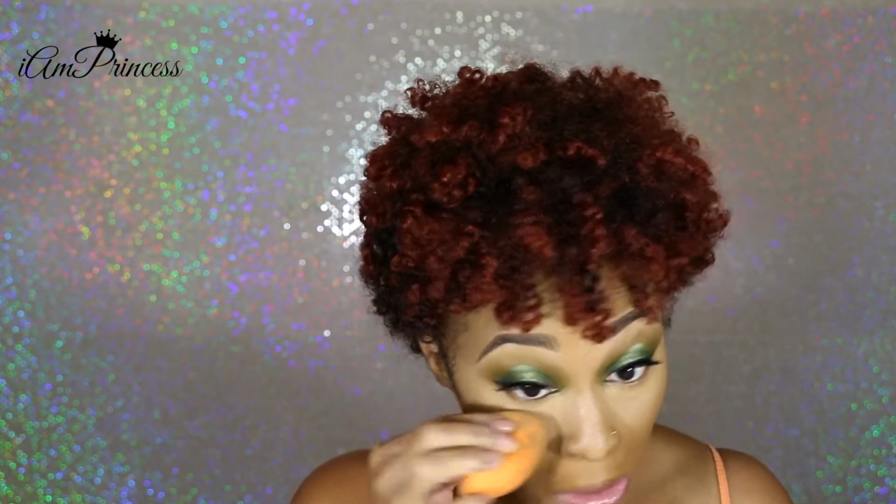So I have some new contour and highlight products to use. I'm going to go ahead and put on my concealer under my eyes. I'm going to use ColourPop No Filter, not foundation, the ColourPop No Filter Concealer in the shade Golden 40. Okay, to set the concealer real quick before she starts creasing and filling in my fine lines, I am going